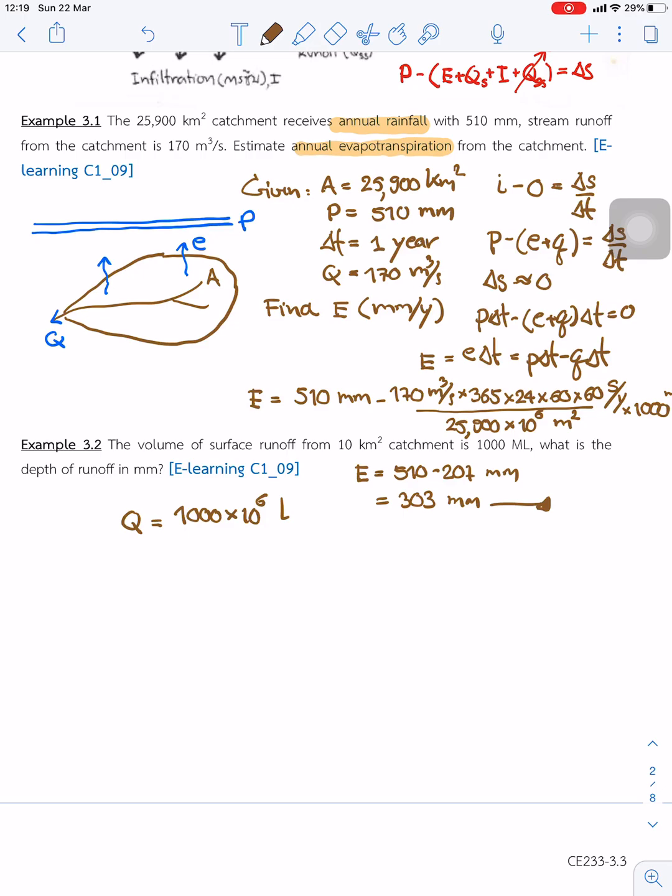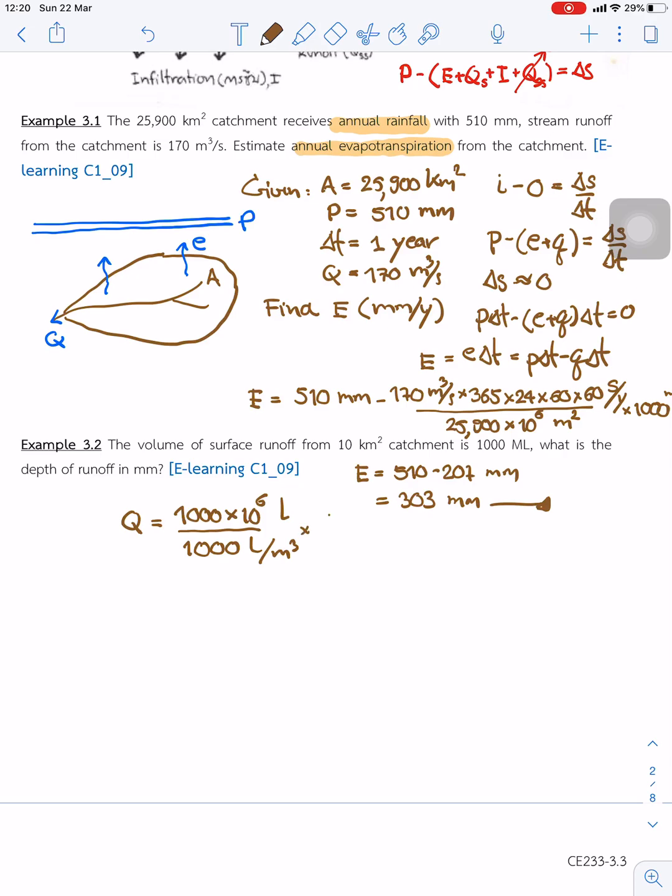So we can divide it by area to get it in terms of depth. In this one, we convert from liters to cubic meters first. Okay, 1,000 liters per cubic meter,